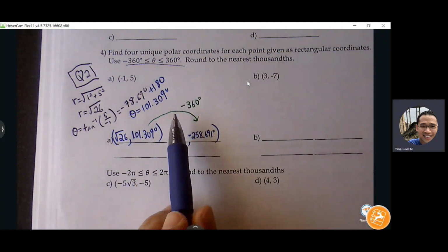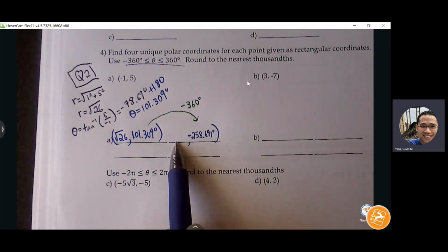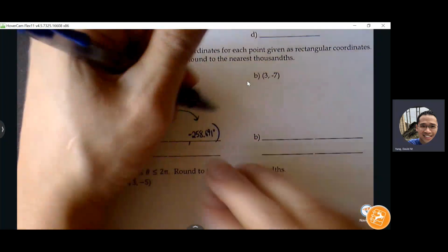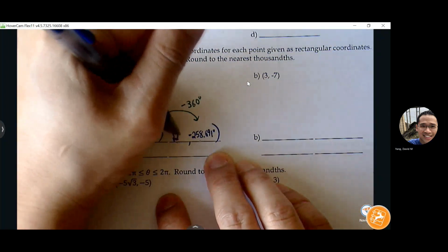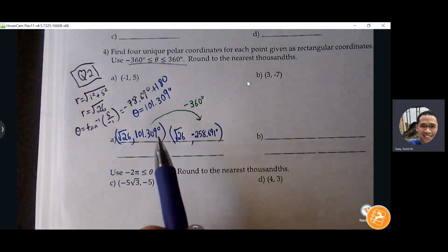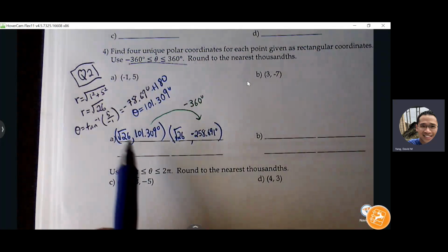Which is 101 minus 360, which is negative 259. If I'm in the second quadrant still, then my radius is still what? Positive, right? I'm still walking towards the second quadrant. All right, so now I've created something that's straightforward, second quadrant, but I know I can also play with the